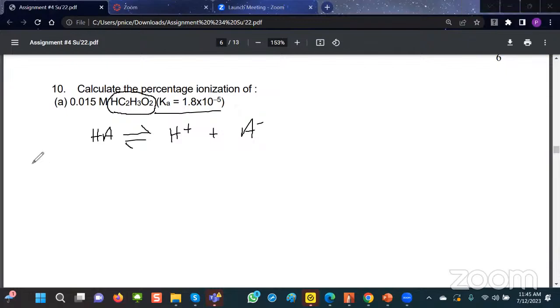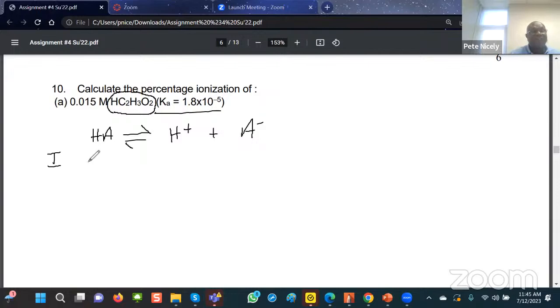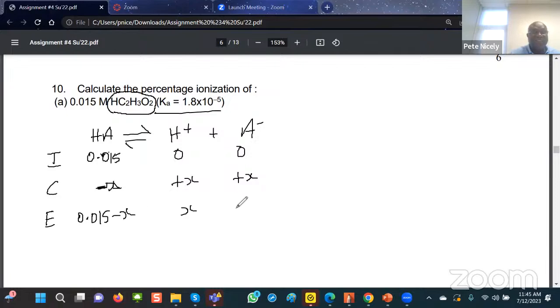Base table. Okay, so initially you would have 0.015, 0 here, 0 here. The change here would be minus x, minus x, plus x, plus x, all right? So at the end, at equilibrium, you're gonna have 0.015 minus x. Here you're gonna have x, here you're gonna have x, and then we write down the Ka